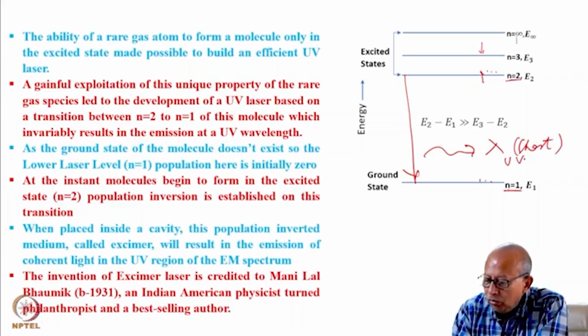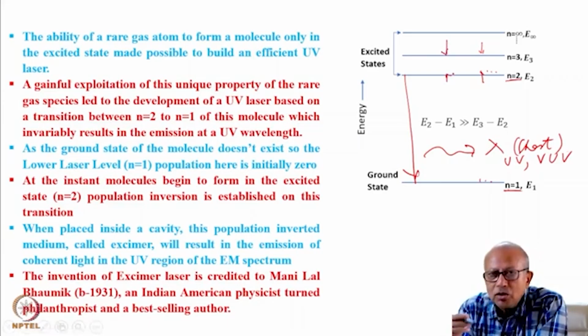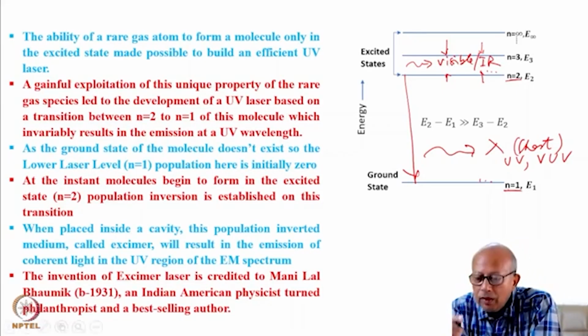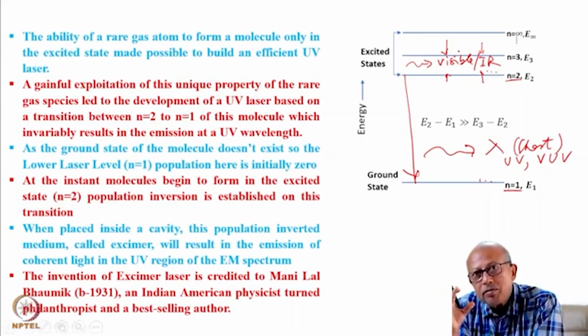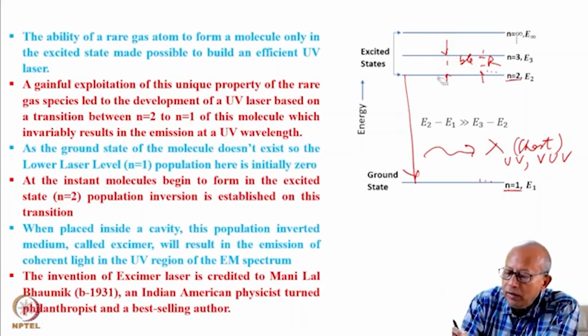It can go to UV and even VUV. While this difference being much less, it can give light in the visible or infrared. Surely, from this transition, you cannot get ultraviolet. So, if you have to get ultraviolet light, you will have to use this transition